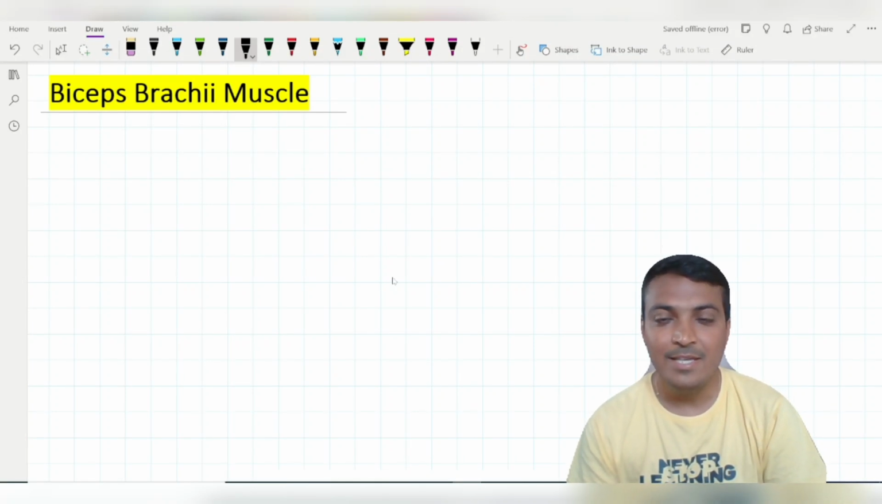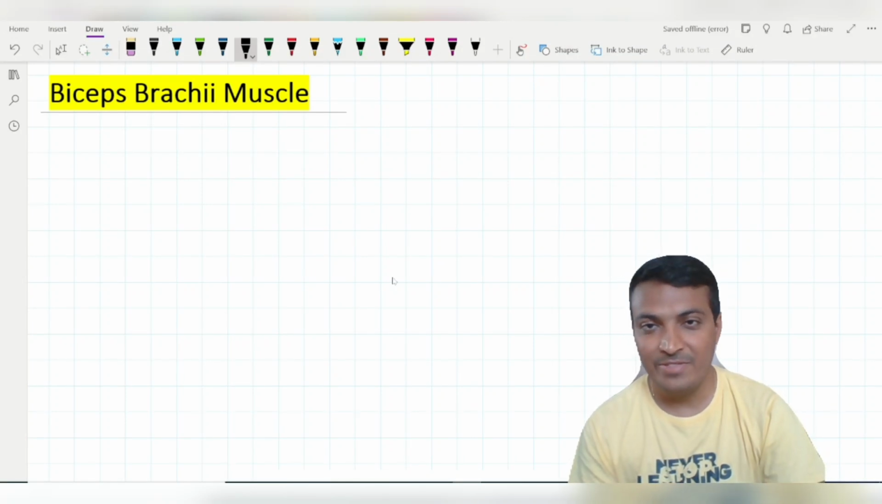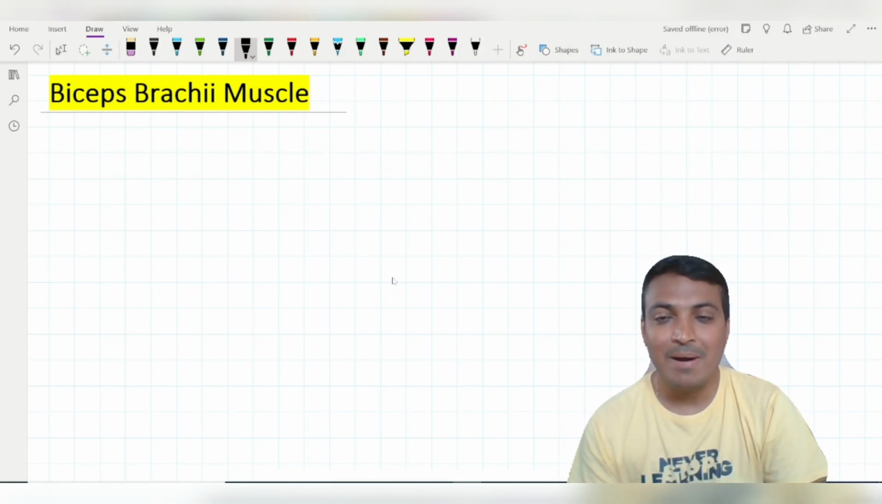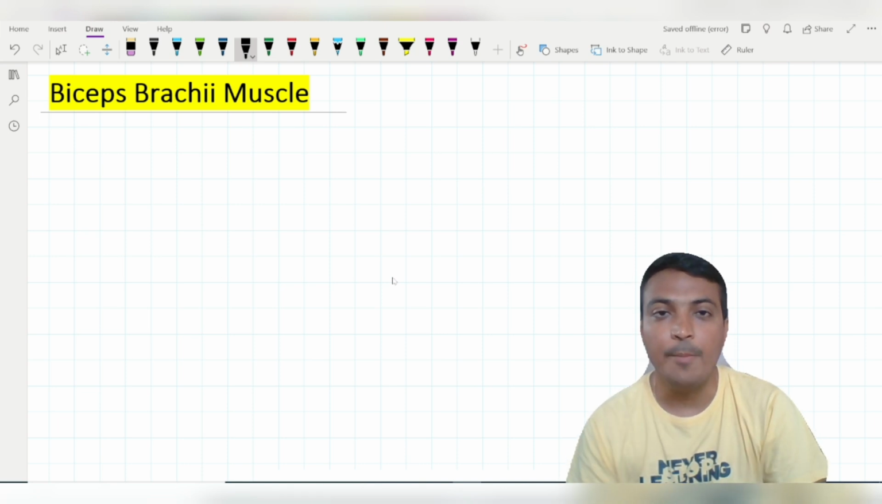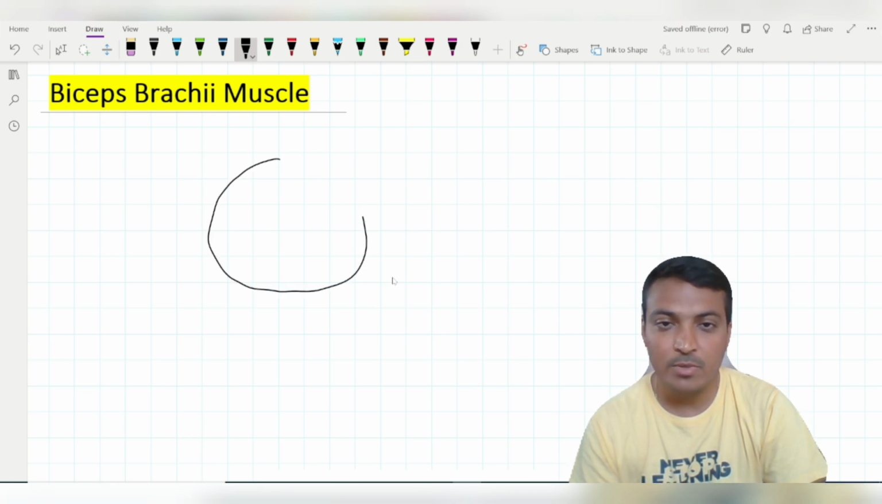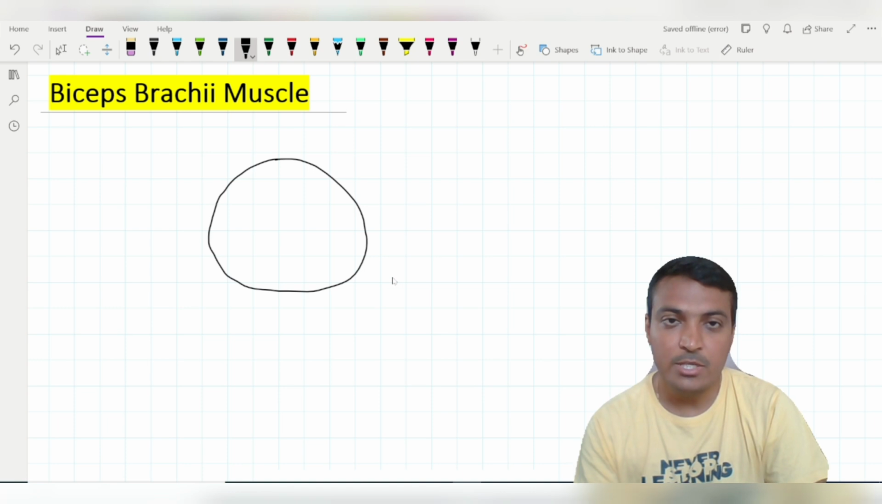Hello friends, let's see the most favorite muscle of the examiner, and that is the biceps brachii, which is the muscle of the anterior compartment of the arm. So when we draw the section of the arm, we can find this one is the skin, and just under the skin we find the deep fascia,